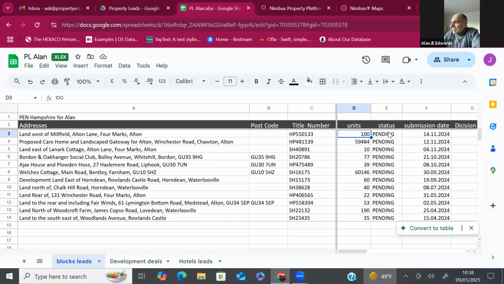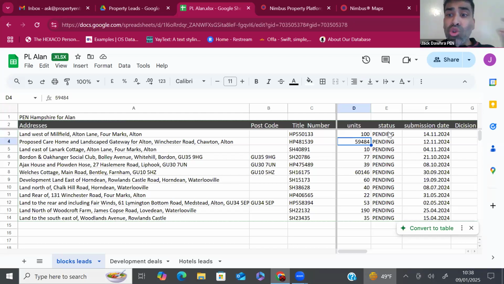Please do not underestimate all of this stuff. Companies of that caliber, they use external companies because they don't want the hassle. They want to develop it. They're not management companies, they're development companies. Now, let me look at the second lead. These are 59,000 units.